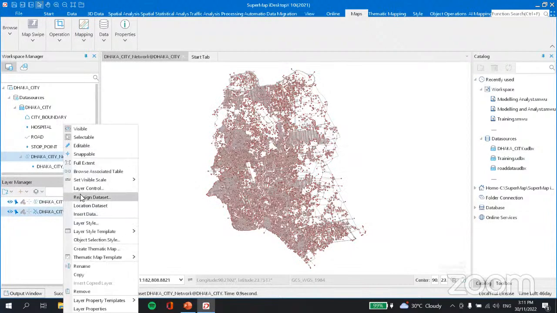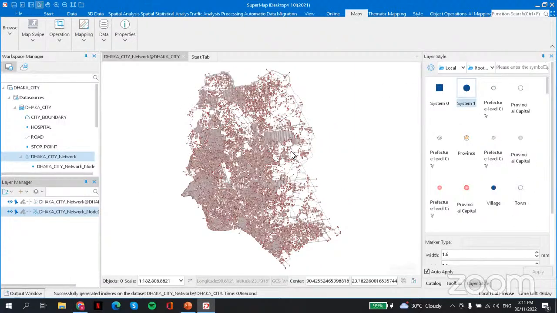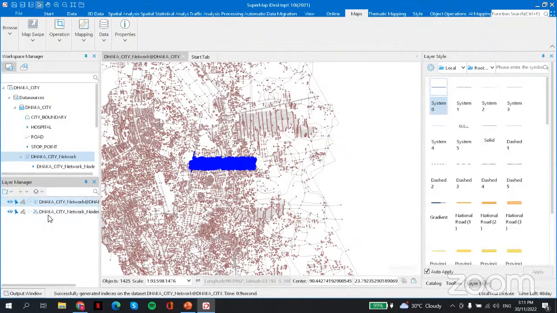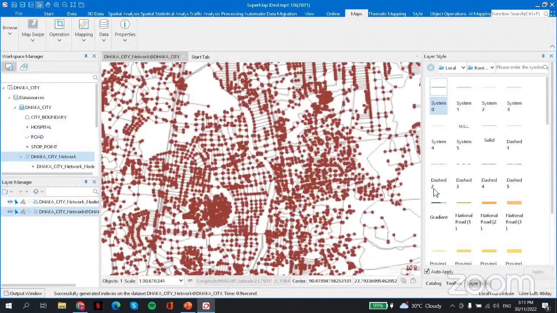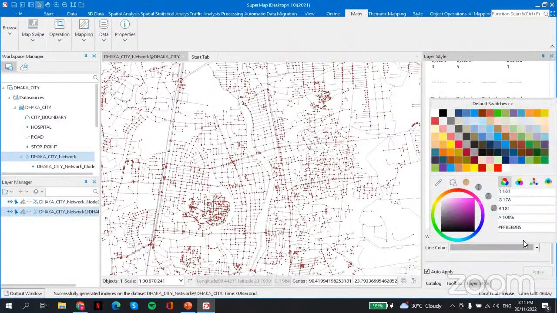So you can change the layer styles here. Then zoom in and change the layer styles here. First, I'm going to change the lines.